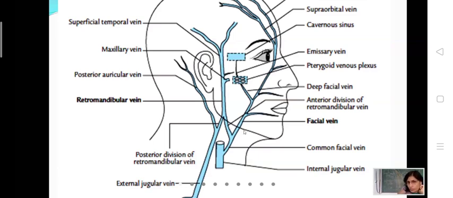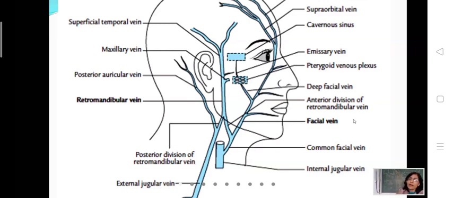Achha, this facial vein will be piercing the investing layer of deep fascia. And the facial artery will also pierce the investing layer of deep fascia when it will ascend the base of the mandible to enter the face. It will have to pierce the investing layer of deep fascia. Okay, so this is the venous drainage of face.